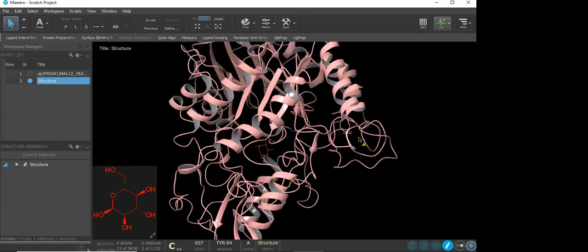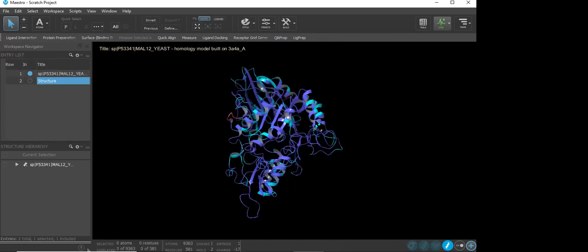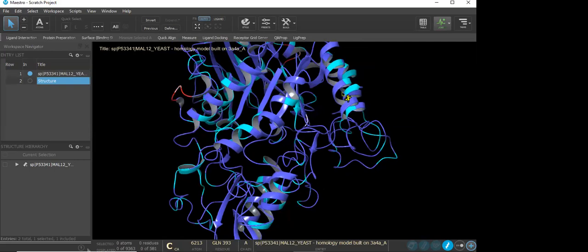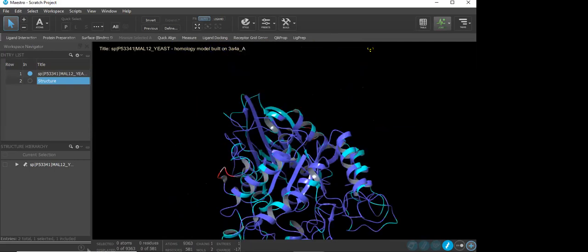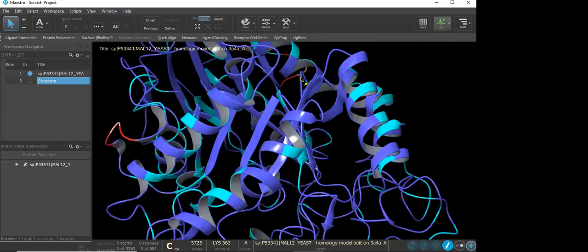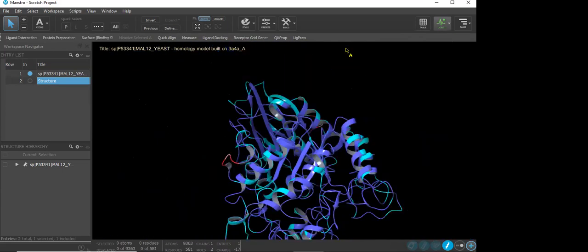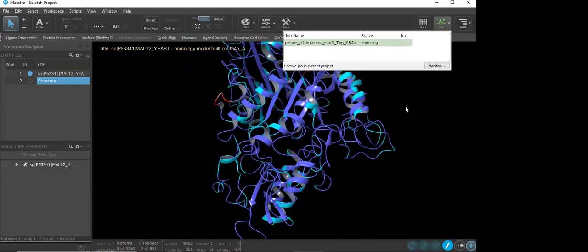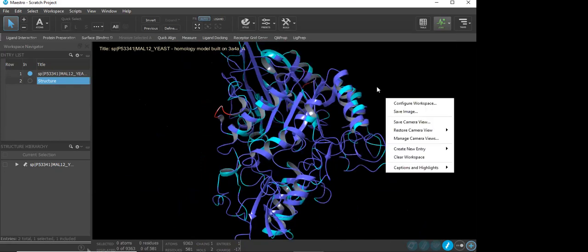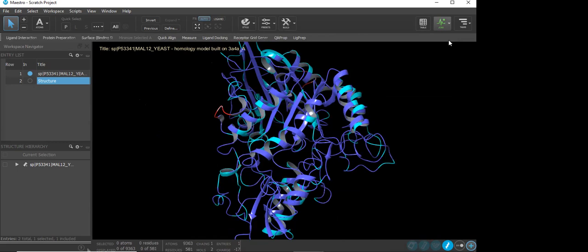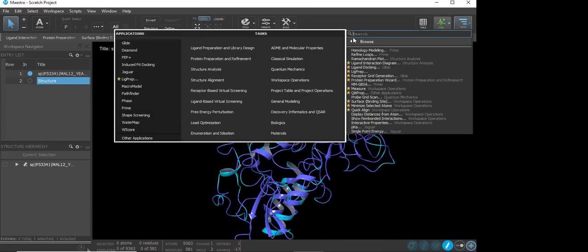This is the structure which we have prepared earlier. You can see the homology model of alpha glucosidase. For this model, we need to check the Ramachandran plot, or use other tools with which we can evaluate the prepared model, whether the prepared model is good or not. Then just click Tasks. Then we can enter Ramachandran plot,